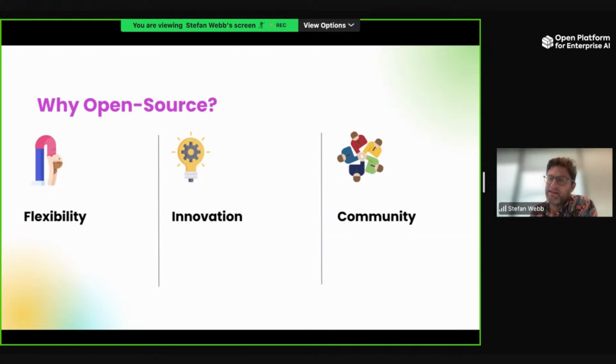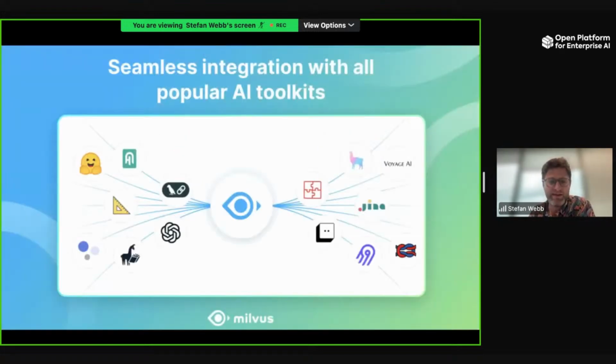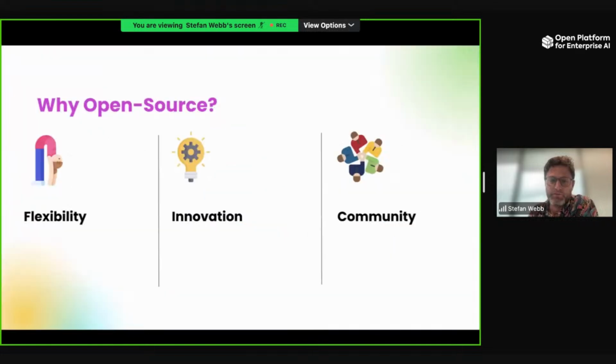Secondly, innovation. The fact that it's open source, and anyone can contribute to it, means that the set of features and integrations improves at a pace that is much faster than a closed source system. That's one of the reasons we're integrated with the majority of generative AI tooling.